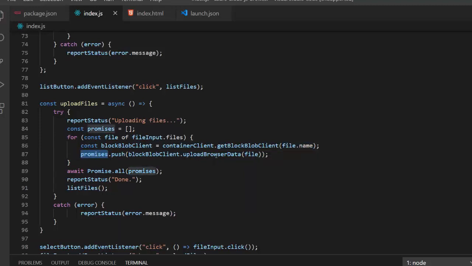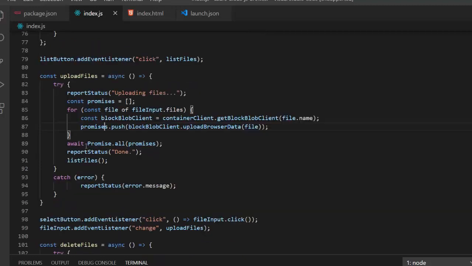Okay, so this file is then uploaded using the upload browser data function, which is working on the blob client, and we are uploading the files finally to our Azure account, and then we are pushing it to the promise array. So Promise.all, if everything is fine, then we are printing the status as done, and finally we are using the